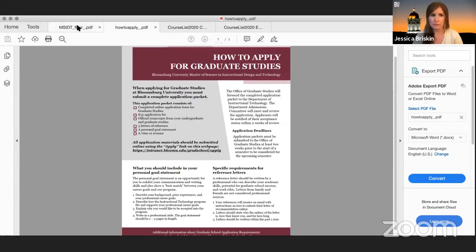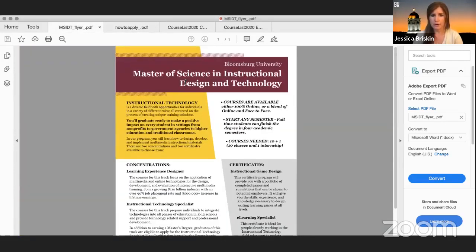And I also did want to show this really quickly, just some of the requirements for our program. It is 10 courses plus an internship. Typically, if you're a full-time student, you can do that in about a year and a summer. If you go part-time, it is a little bit longer than that. We customize a schedule to you. A full-time student is typically 3 courses a semester. Sometimes over the summer, you can pick up an extra course, just because our classes are 6 weeks in 2 sessions. So if you're full-time, it is definitely shorter, but we can customize the plan to you, where some semesters maybe you take 2 courses or 1, knowing your schedule.